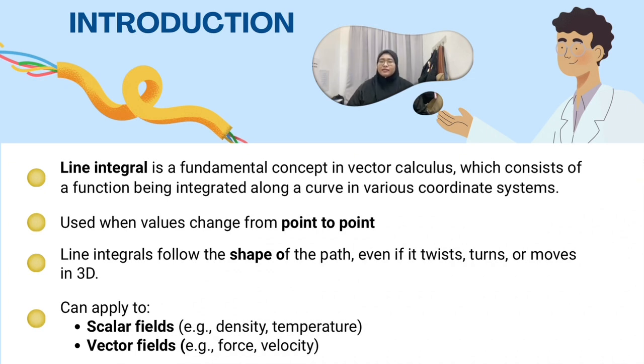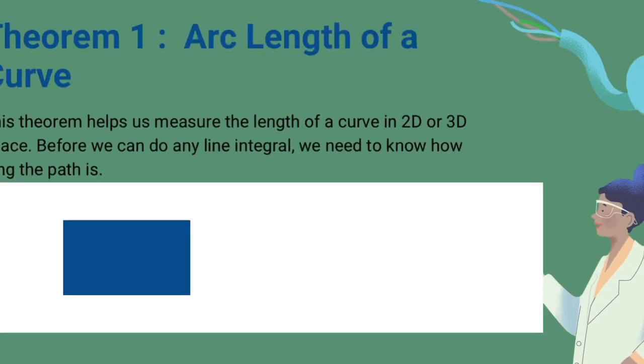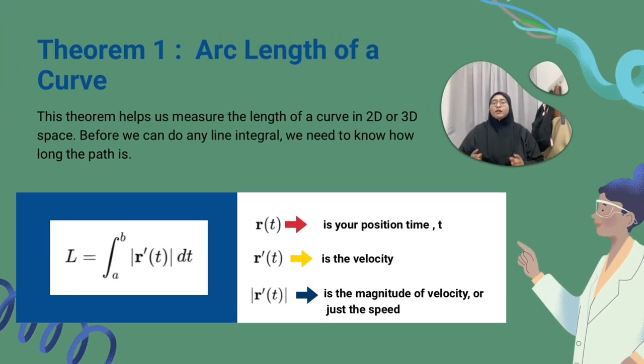What is interesting is that line integrals depend on the shape of the path. Even if the path is twisted or moves in 3D, the result will still change accordingly. This concept can be applied to two types: the first one is the scalar field and the second one is the vector field. Thank you. Let's start with theorem 1, which is about finding the length of a curve in 2D or 3D